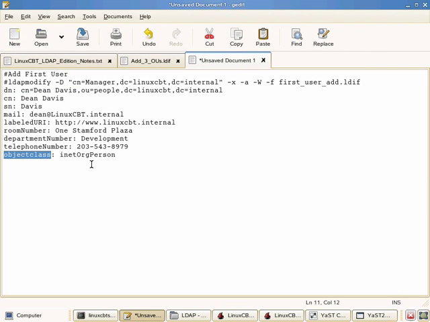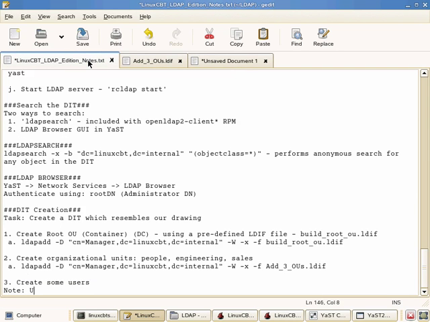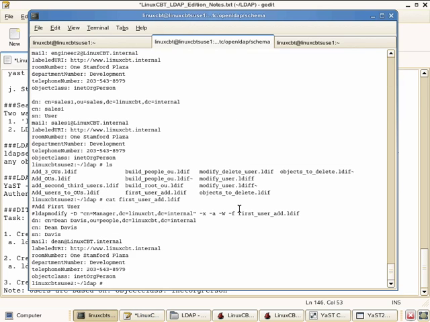Users are based on the object class inetOrgPerson. Let's just note this. So the third task is to create some users. Note, users are based on object class inetOrgPerson. inetOrgPerson is a schema. If you recall, let's grep inetOrgPerson